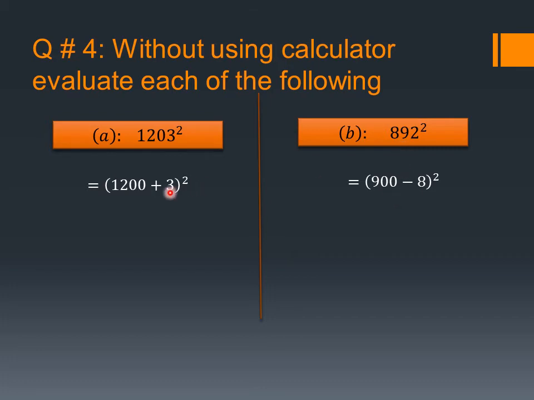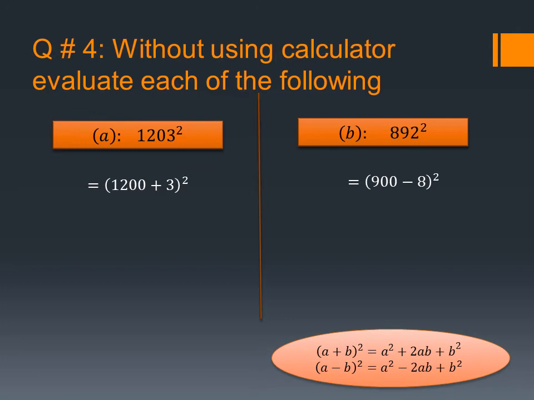So now you can see that somehow we are having the terms of A and B. The first term inside the bracket is always A and the second term is always B. Here A is 900 and B is 8. The first formula we are having has plus inside the bracket, and in the second question we are having a negative sign inside the bracket. It means we are going to use both the formulas of perfect square, A plus B whole square and A minus B whole square.